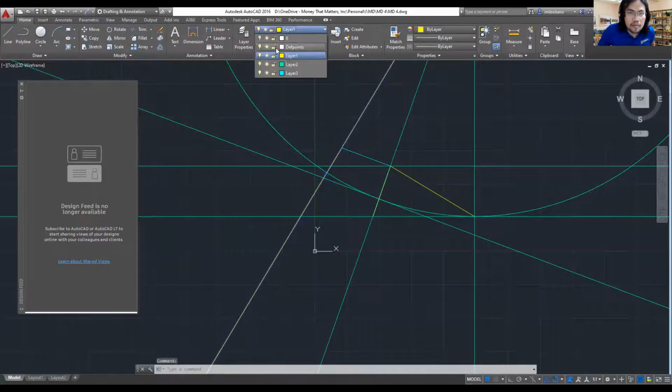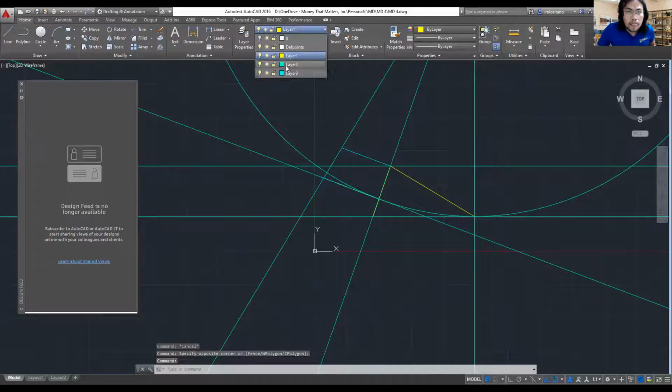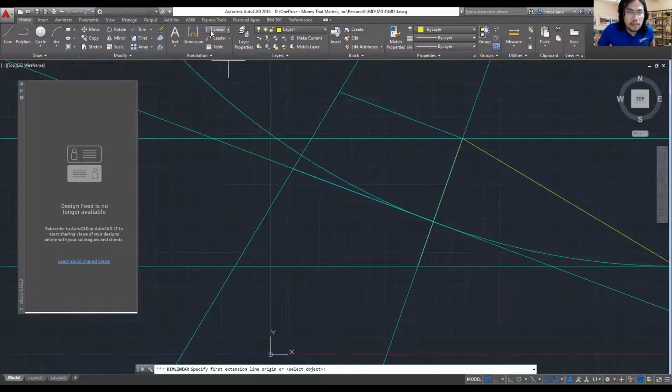Let's again correct the colors of our lines. Okay, so our VC now is from here to here. Let's change the color so that you can correctly identify it. All right, so that is now our VC,